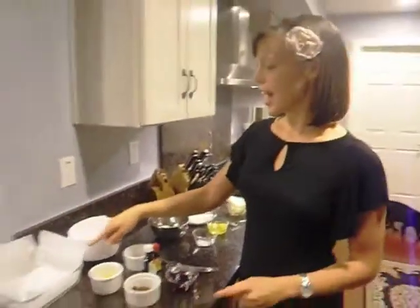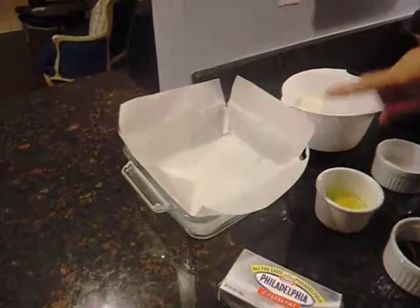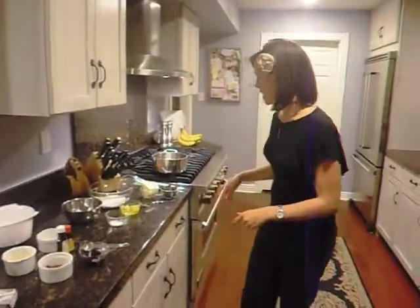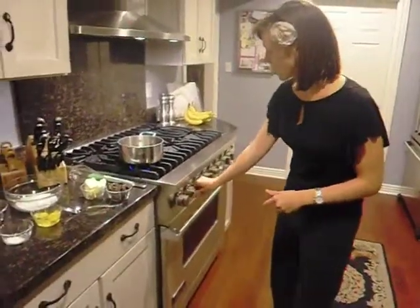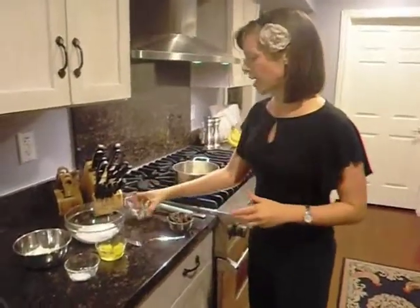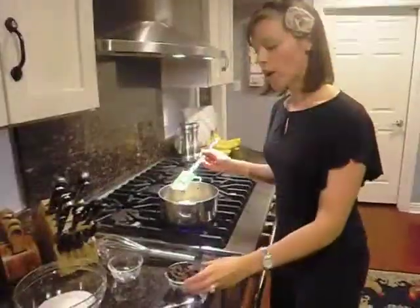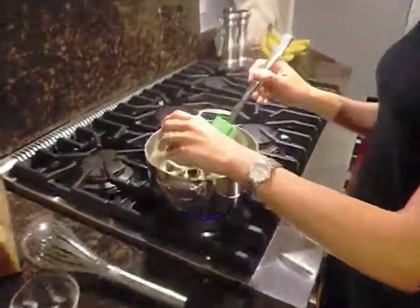And over here I have my 8 by 8 inch glass pan lined with parchment paper and sprayed. So we're going to go ahead and get started. I'm just going to turn my stovetop on to low because I'm going to be melting the chocolate and the butter, and I can't stand all the dishes of doing a double boiler, so I'm just going to go ahead and do it right in the pan, keeping an eye on it so that the butter and the chocolate don't burn. Go ahead and add my chopped chocolate into the butter mixture